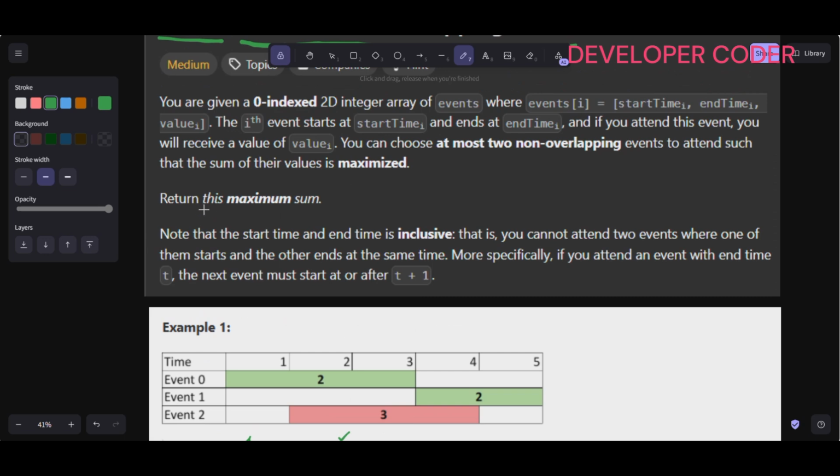So we have to return the maximum sum. You can choose at most two non-overlapping events to attend such that the sum of their values is maximized. So only two events at most you can attend. Note that the start time and the end time is inclusive. That is, you cannot attend two events where one of them starts and the other ends at the same time. More specifically, if you attend an event with end time t, the next event must start at or after